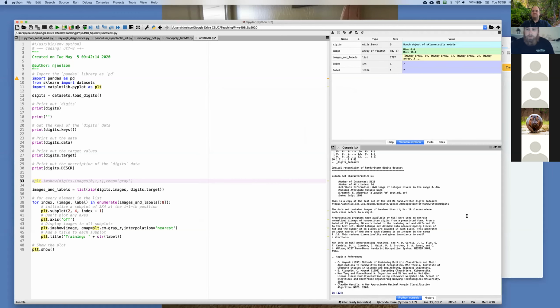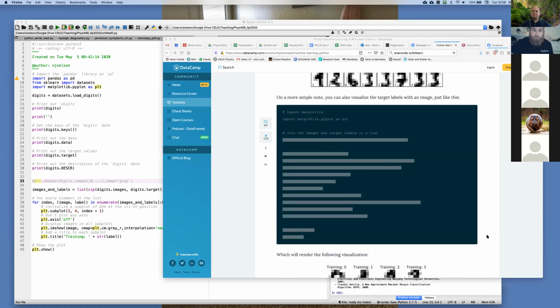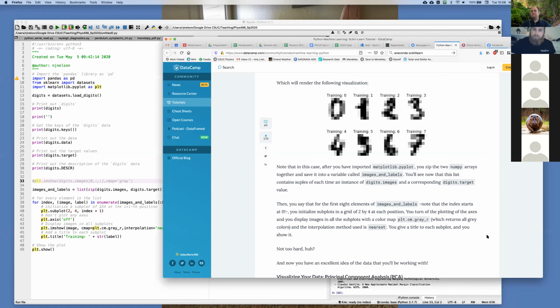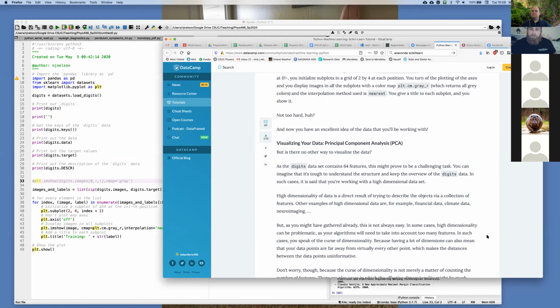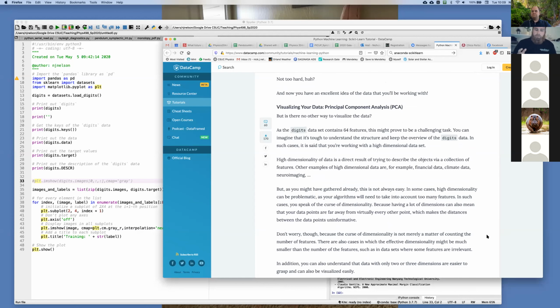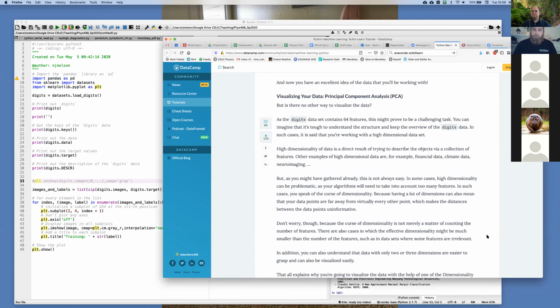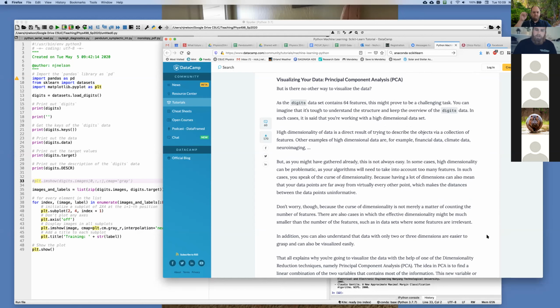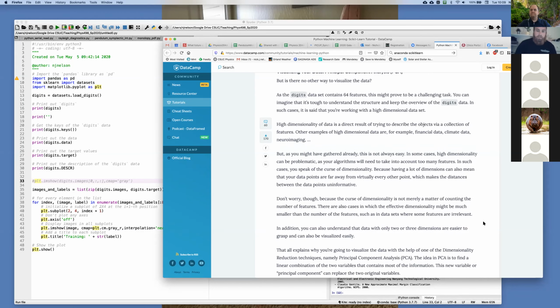moving on. The last part that I'm going to cover today is the principal component analysis. This is something I know a little bit about because it is what I did my summer research project on. With principal component analysis, it talks about it down here that you have 64 features, which gives you 64 dimensions of what you're working with. So it's when you're trying to describe an object that has a bunch of different features. In my case, I was dealing with different galactic properties,